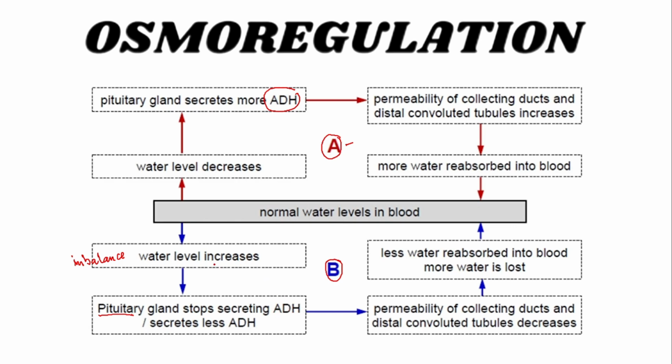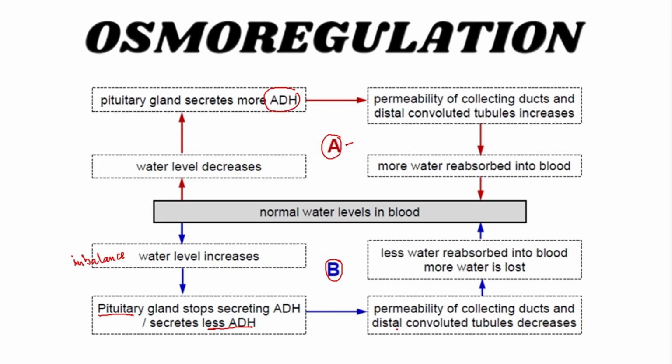But now you already have too much water in your body because the water level increased. So it will either stop or secrete less ADH in order to balance the water in your body. And then the permeability of collecting ducts and distal convoluted tubules